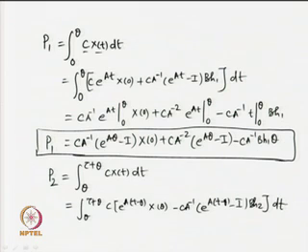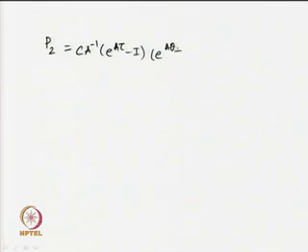So, this integral can also be found like the previous case and simplified to give us finally P2 as c a inverse, e to the power a tau minus I, times e to the power a theta x0 plus a inverse, e to the power a theta minus I, b h1,